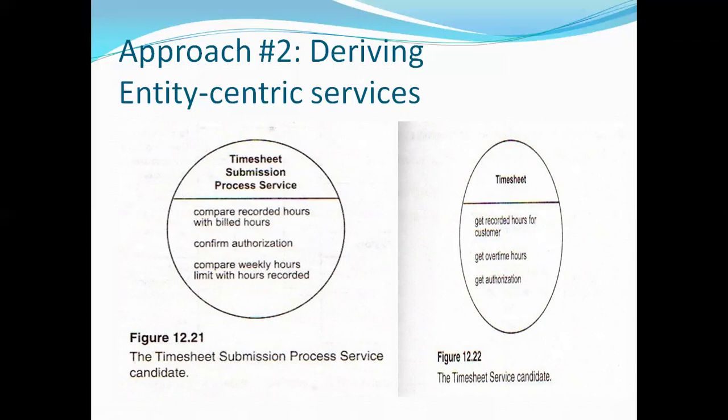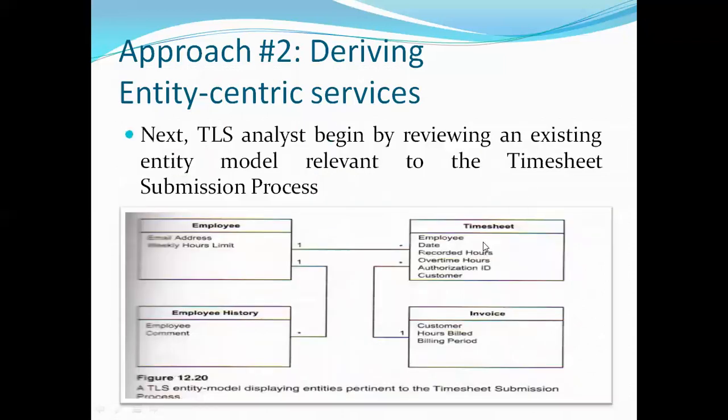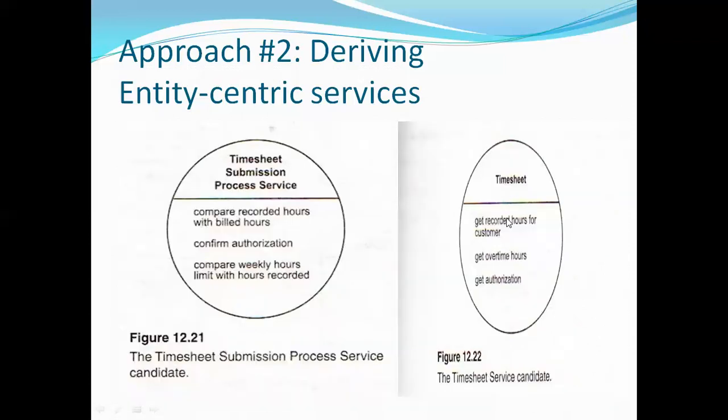So compare that and then accept or reject. So see here, timesheet: get recorded hours for customer, give overtime hours, and get authorization. These are the 3 methods applied on the timesheet service.